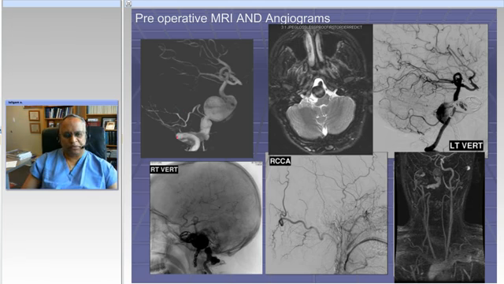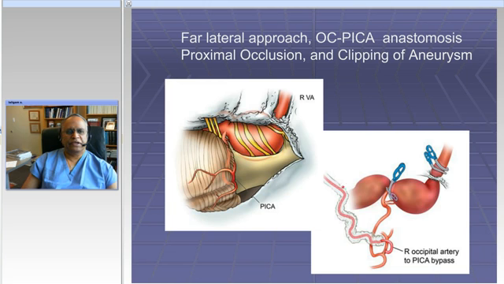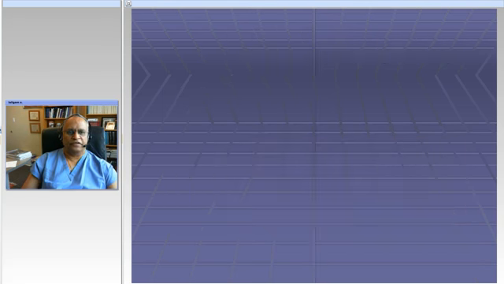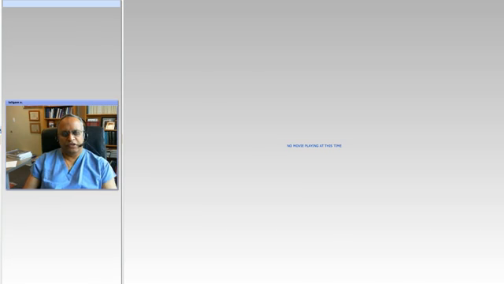You can do an occipital artery to PICA bypass, and then simple occlusion of this aneurysm. So that's kind of what was done. Occipital artery to PICA bypass, and then I did occlusion of the aneurysm. Here I trapped this segment, and the rest of the aneurysm just clotted off. So this patient now has a video you'll see in a minute,